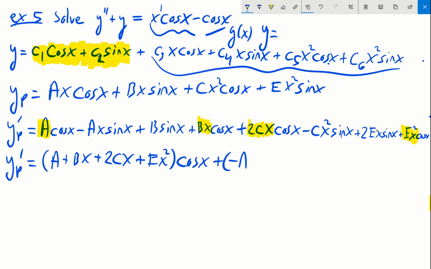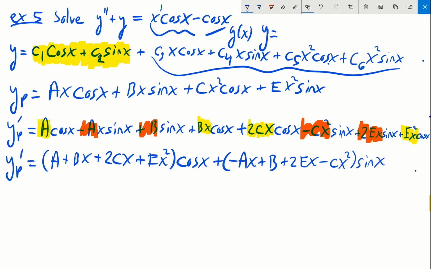We have a negative ax, we have a plus b, a 2ex, and then a negative cx squared. So plus 2ex. And I probably should have written it in standard form. It's close enough, but at least we got them all combined. So now let's go ahead and take our second derivative. So y double prime of p